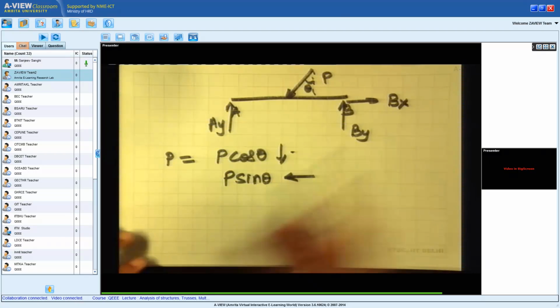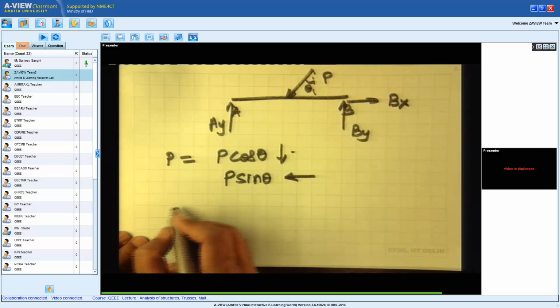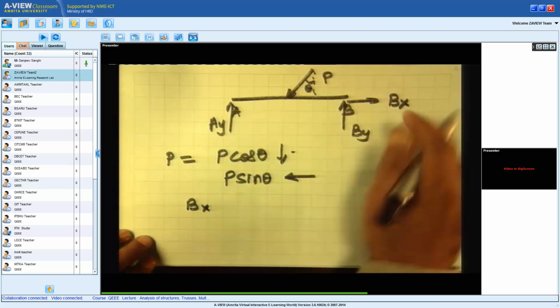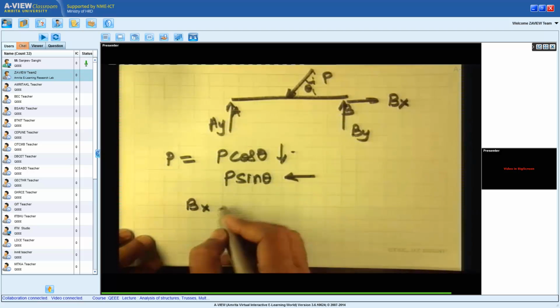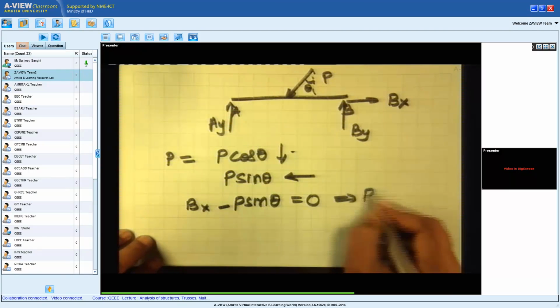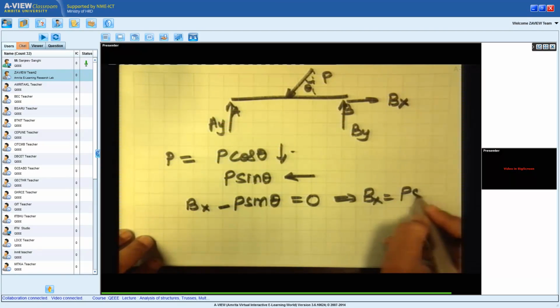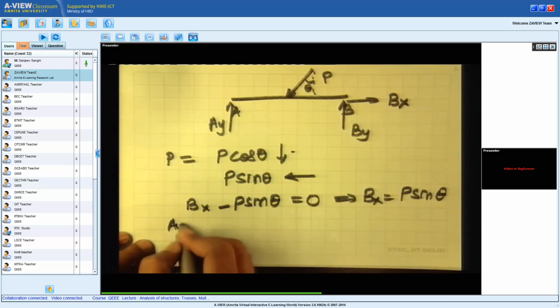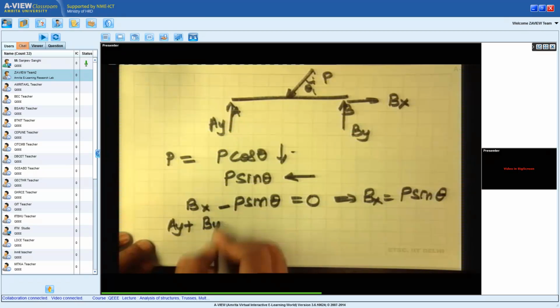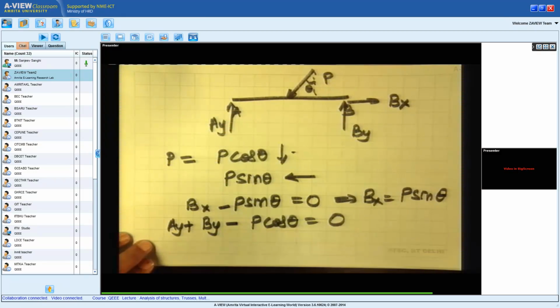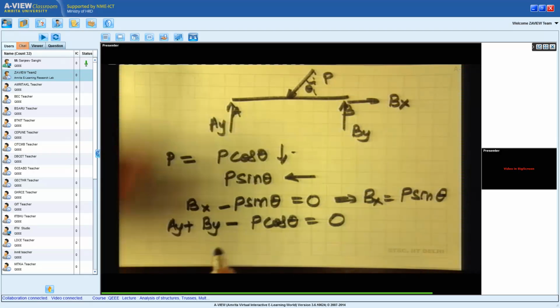So once I have this, then I will get Bx, the force in the plus x direction, minus P sin theta is equal to 0. This will give me Bx is equal to P sin theta. Then I will have Ay plus By minus P cos theta is equal to 0. And when I take moments about A,